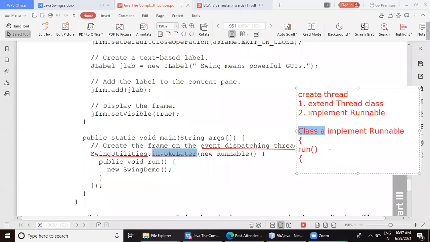Do you all remember what we learned in our first chapter? Anonymous inner classes? Yes, ma'am. Yeah. So how do we create an anonymous inner class? By using flower bracket. Yeah. And at the time of instantiating the class or the interface which we want to inherit or implement, normally what do we do? We create a class that implements, and then we override this method, and then we create an object of this class to call this run method.